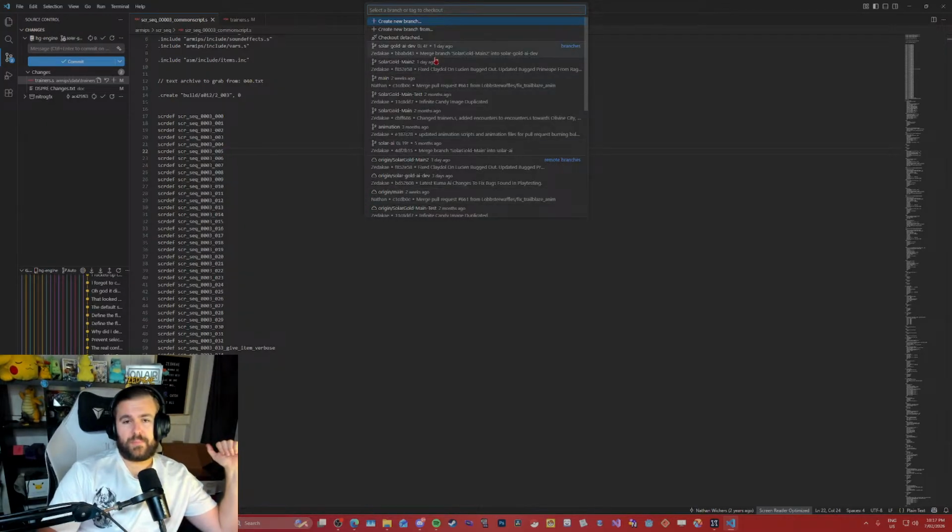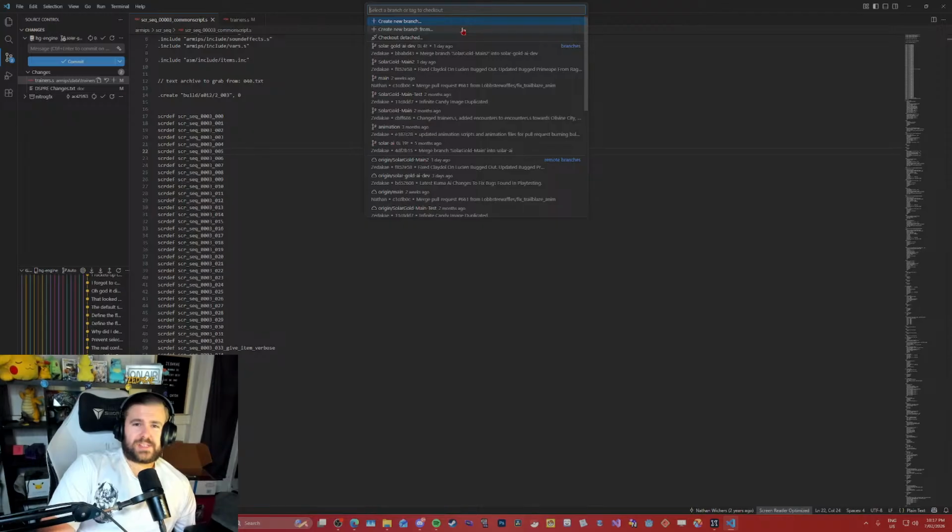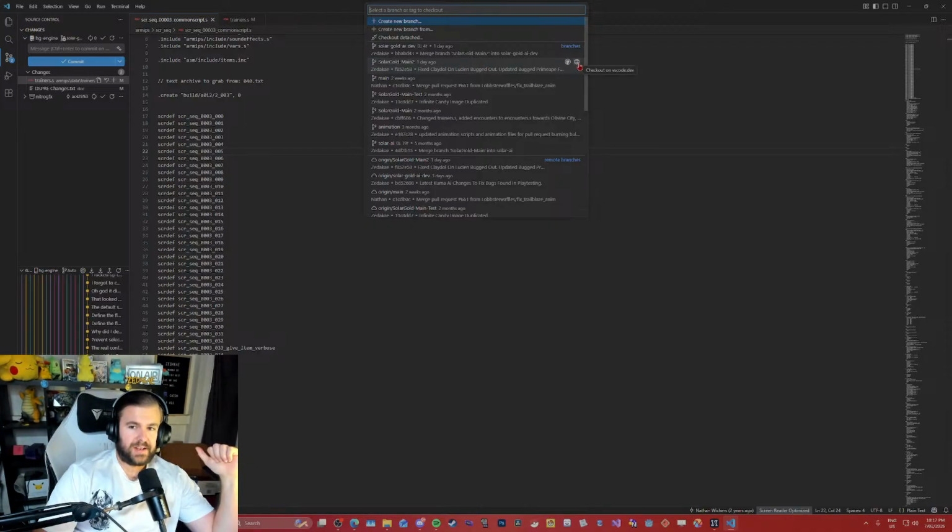Yeah, if I want to switch to a different branch, I just go into this and then what do I do? Say I want to switch from my AI dev branch to my main 2 branch, which is where I make all my edits. Do I just click on it anywhere, or do I have to actually click checkout on vscode.dev? Obviously it wouldn't be open on GitHub, but do I have to click checkout on VS Code Dev to switch from the AI Dev branch to this branch, or can I just click on it and it'll check me out to that branch? Do you get what I'm saying?